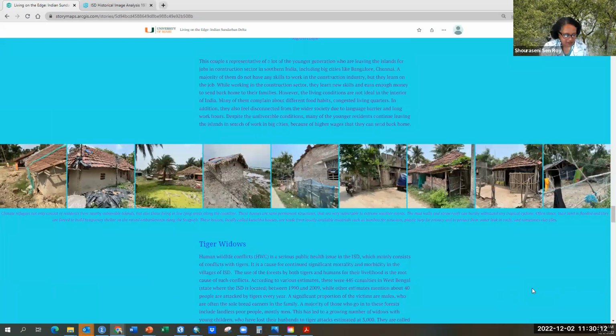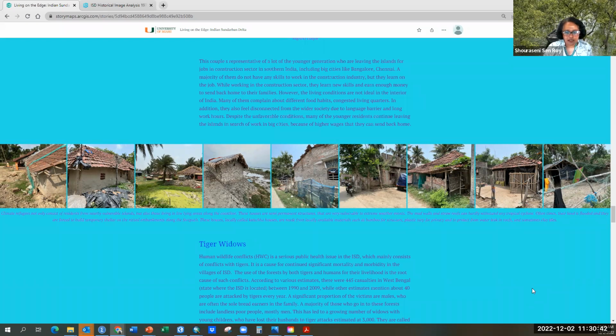Another aspect: if you ever do any search on these Sundarbans, there is a lot of talk about human-wildlife conflicts. As I mentioned, there are a lot of different types of wildlife there, and not all the wildlife are friendly towards human beings. Most of the conflicts are with the tigers, which are local to here.